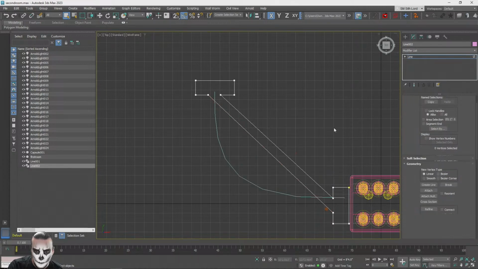It already is a curve, but what I want is to turn both of these and both of these